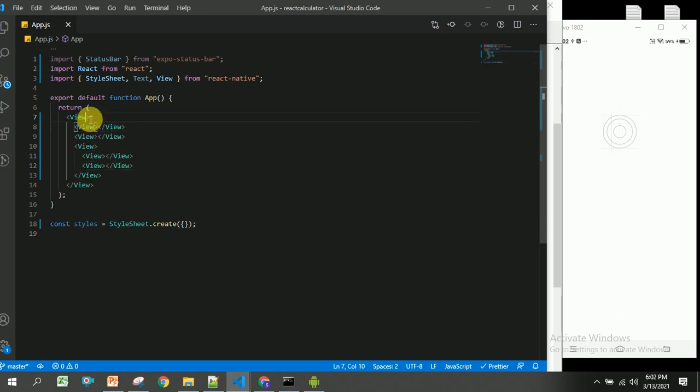I am going to create styles for this to differentiate, and style equal to styles dot container, and here it will be style equal to styles dot result.